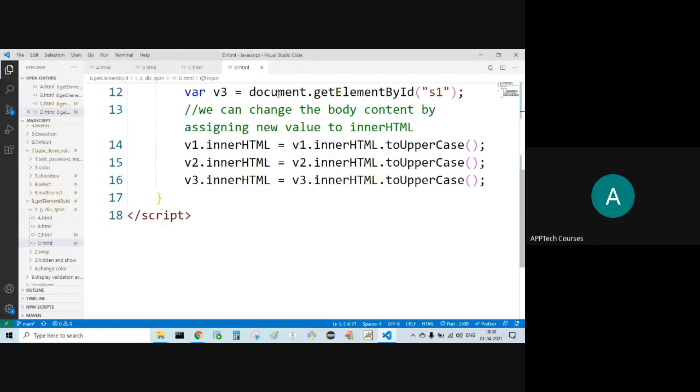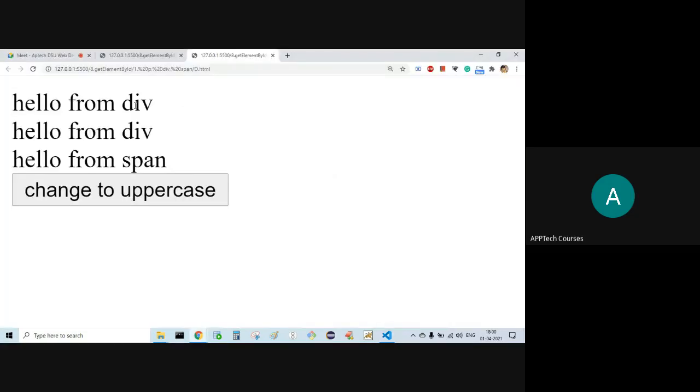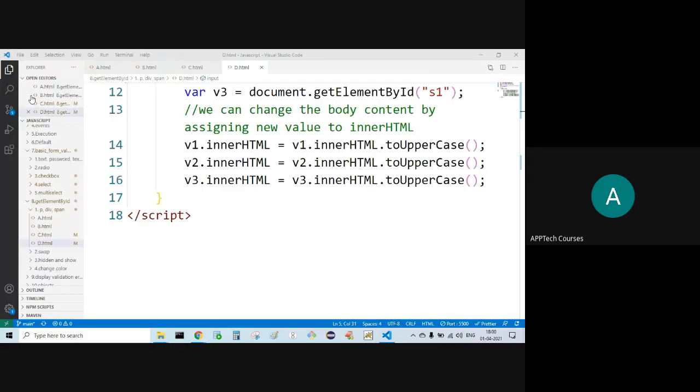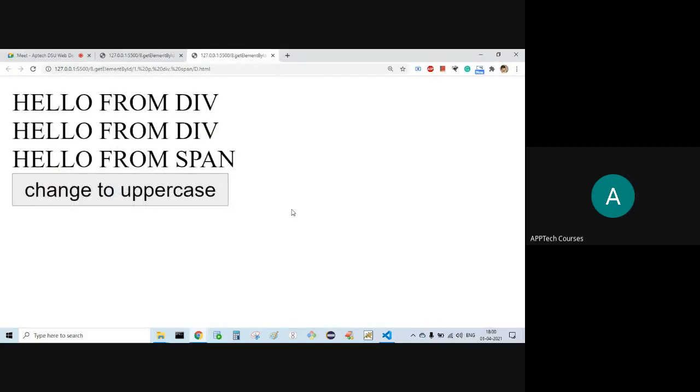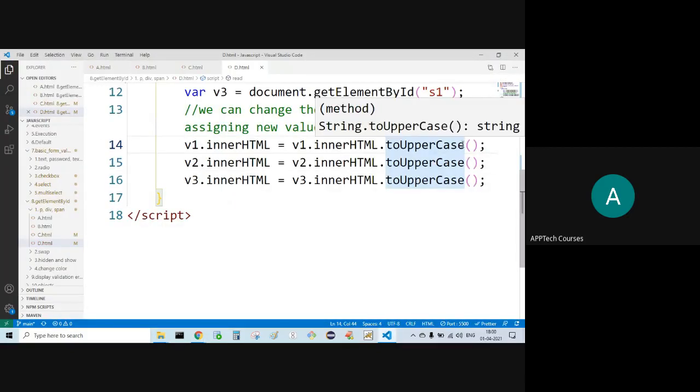I'm calling what? toUpperCase on the innerHTML. If all are small, no issues, it is going to convert to uppercase. If all are uppercase, still it is going to convert to uppercase. Right? Likewise, lowercase also we can, toLowerCase.